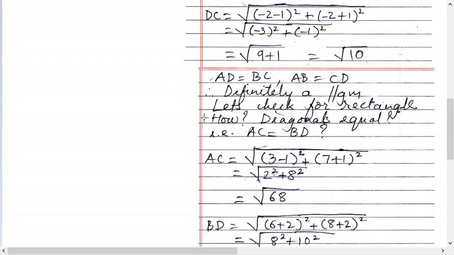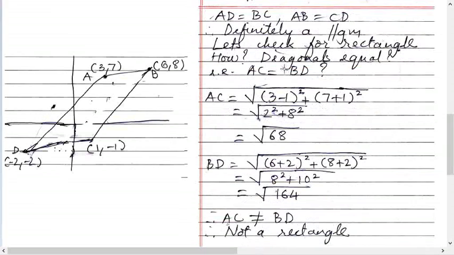So let's check for rectangle. How? If the diagonals are equal, then only it will be a rectangle. If the diagonals are not equal, then it's a parallelogram. So find AC then, because AC is a diagonal. So 3 minus 1 the whole square, this is x2 minus x1 the whole square, plus 7 plus 1 the whole square, that is root 68. Now BD: 6 minus minus 2 means plus 2, the whole square plus